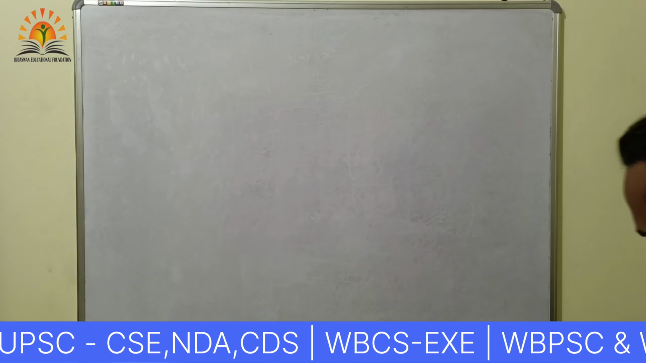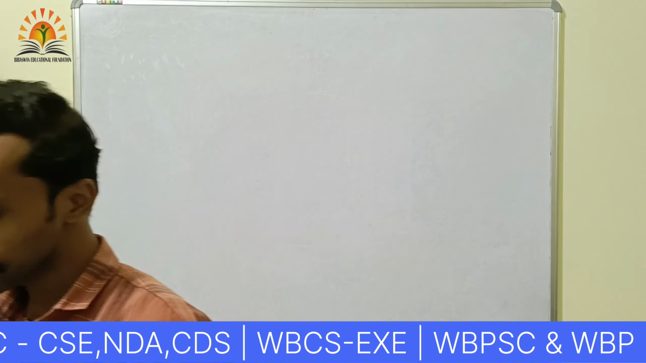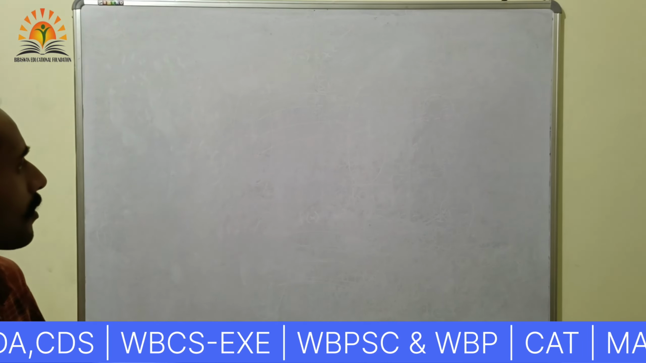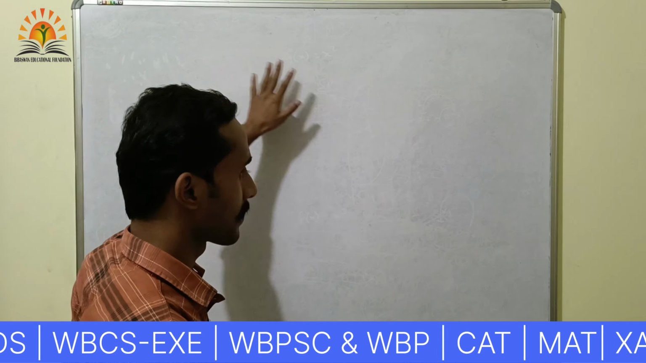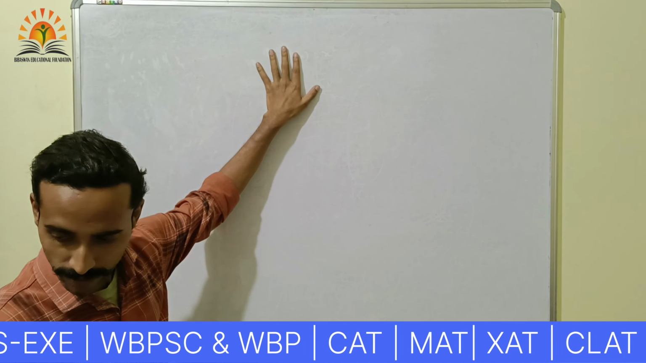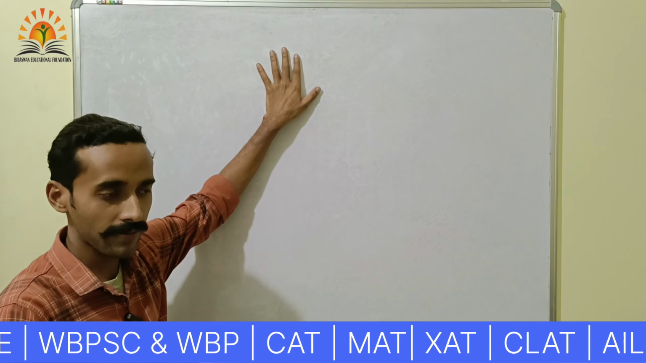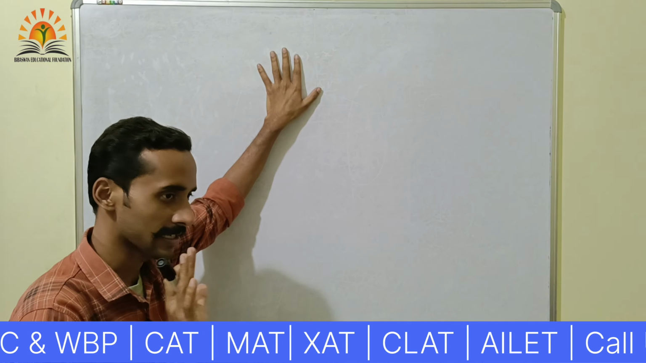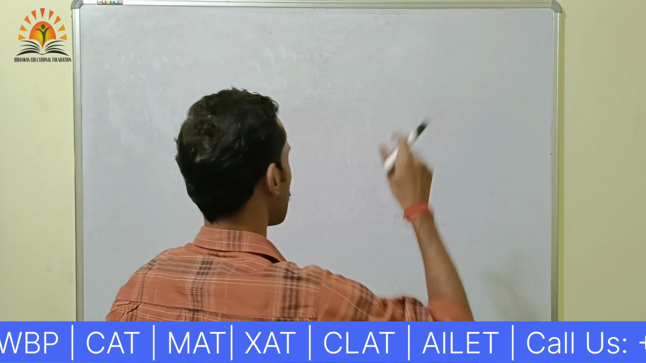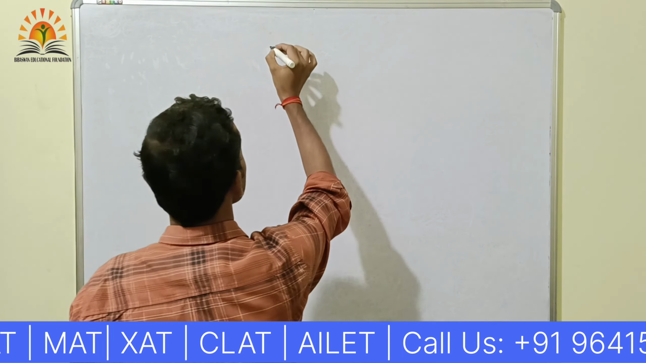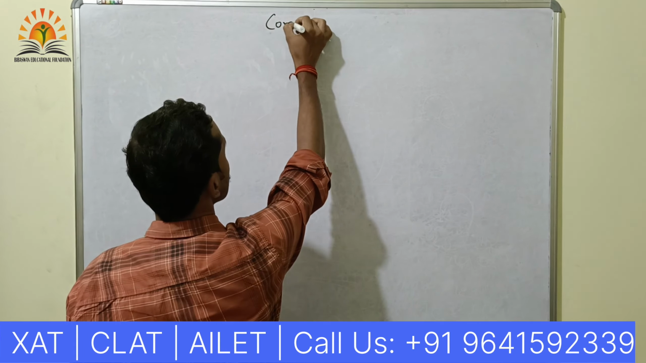Now we are going to start complex numbers. Since we have already studied relations, functions and the number system, we are now going to start complex numbers, and after that we will study AP, GP and harmonic progressions, three algebraic progressions. So first of all, I have already